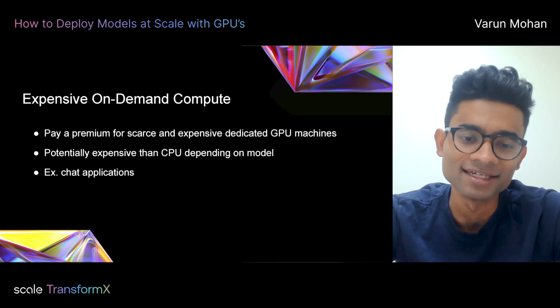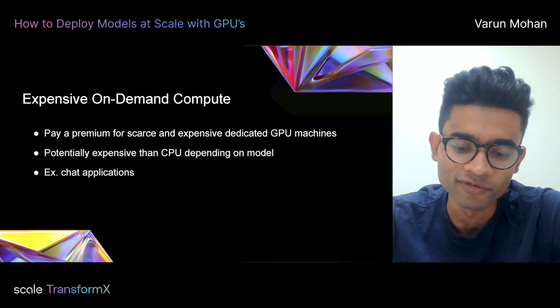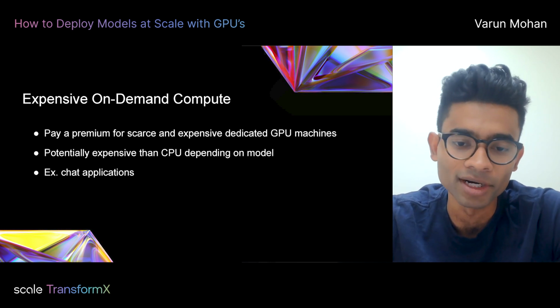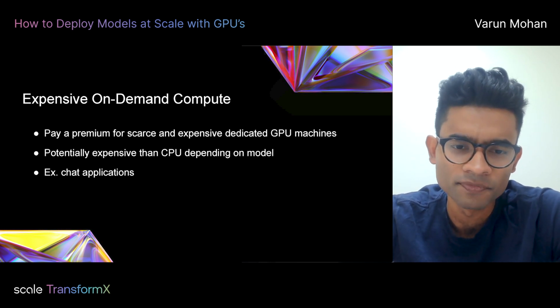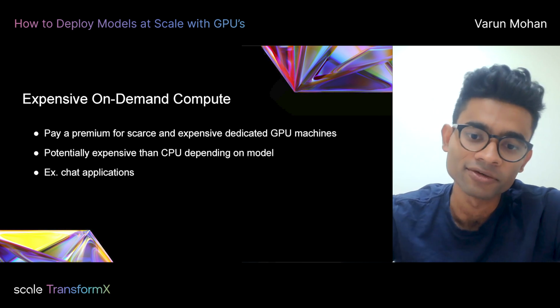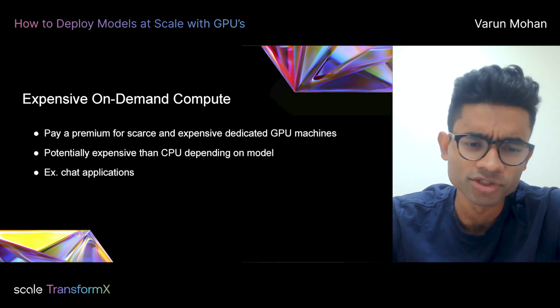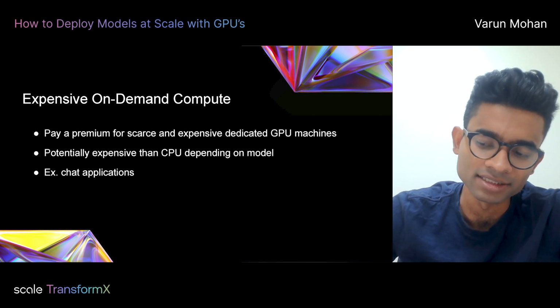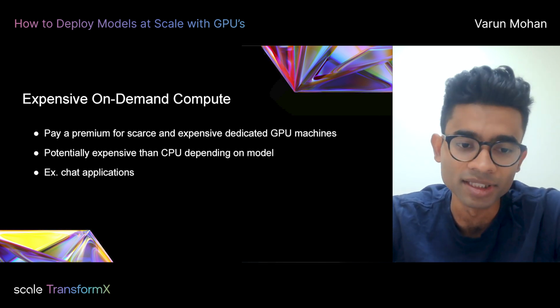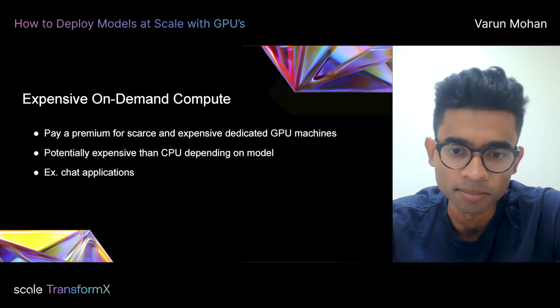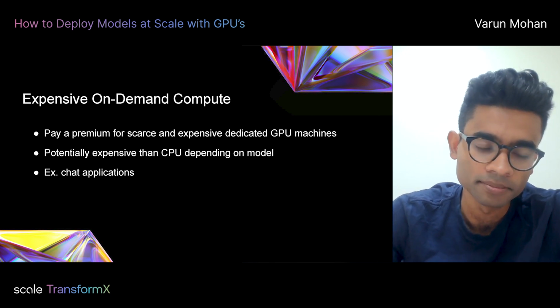There's stuff like MIGs that let you have virtualization of GPUs, but for the most part, it's not very easy. And if you end up using on-demand for the GPUs, whereas you can use Spot for the CPUs, the cost differential could be 2 orders of magnitude compared to the CPU and GPU. And it could actually end up being the case where you are spending more on GPUs than CPUs, depending on the workload there.